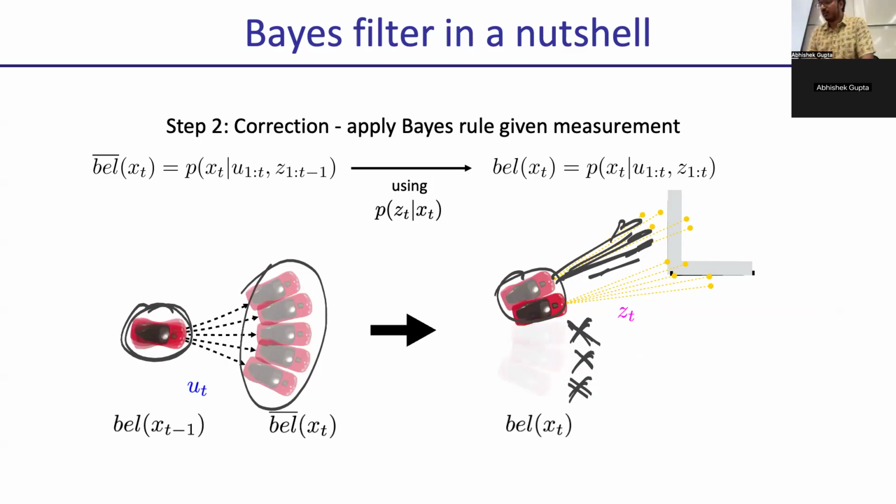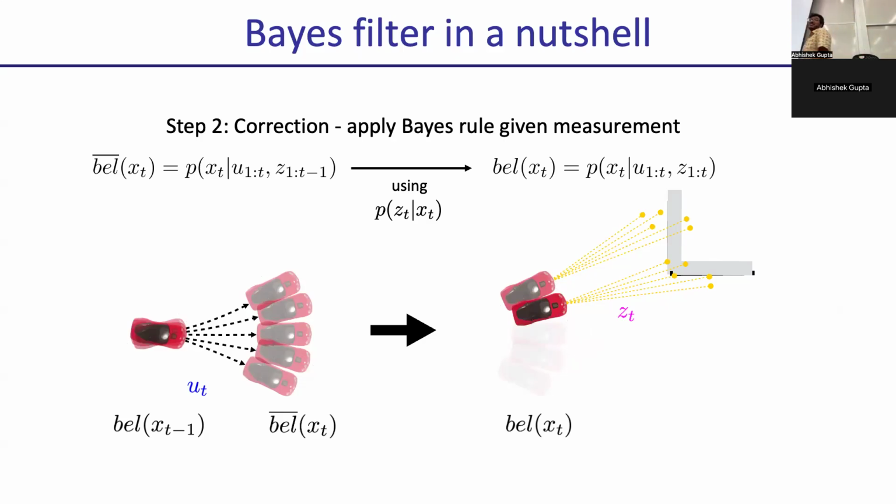For instance, if I got a reading that there's a wall in front of me, it's unlikely that my car is facing this way, right? And so you eliminate that. Okay. So that's the intuition behind the measurement model. The motion model says, this is where I should have moved plus some noise. And the measurement model says, these are the things that are unlikely given your current measurements. Let me refine my belief. And given your current belief, you act, you refine, you act, you refine, you act, you refine, you act, you refine. That's it.